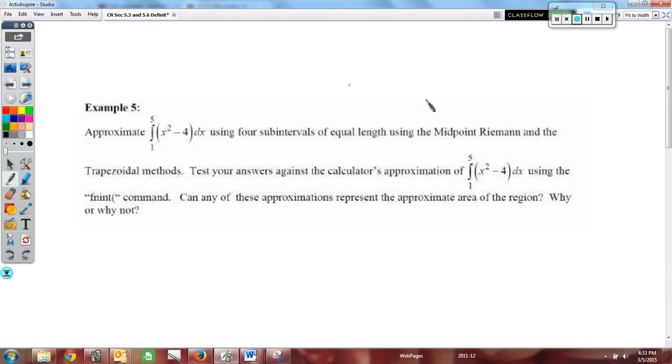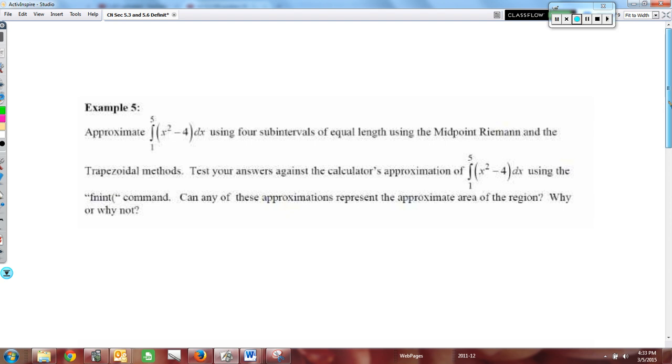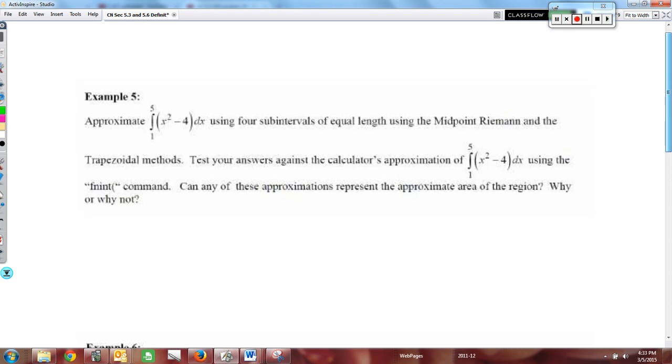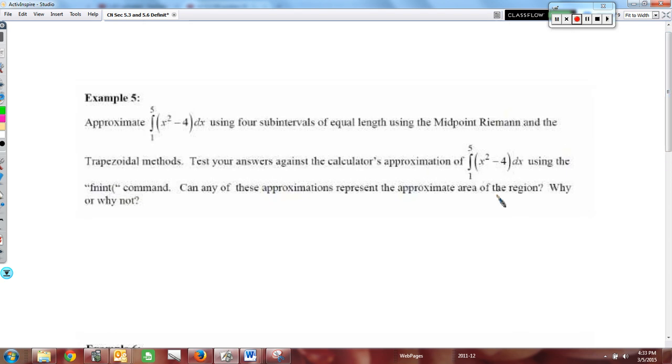All right, I'm going to take the video, well actually let's do examples 5, 6, and 7 here, and then we'll stop the video because this does have to do with this area problem. Now, there's a couple of things that we're looking at here. We are going to approximate, all right, so when we are doing an approximation, we're not going to do the limit. Like I'm going to be able to write down the limit definition for this, but we're not going to find an exact answer for this. We're going to approximate it. We're going to use 4 subintervals of equal length,